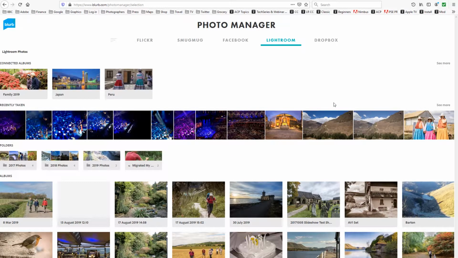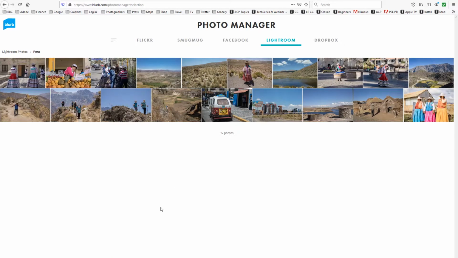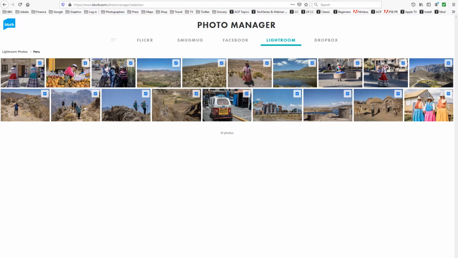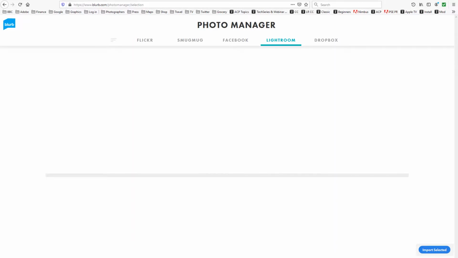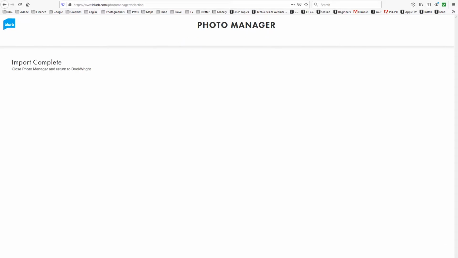And you can see at the top the projects are in this separate tab called connected albums, and there are my Peru photographs. So I can actually select the first one and shift click on the last one, and then at the bottom right here click import selected. This will depend on how many photographs you have chosen for your books, and there's a message that just popped up, import complete. So I can now close this page,